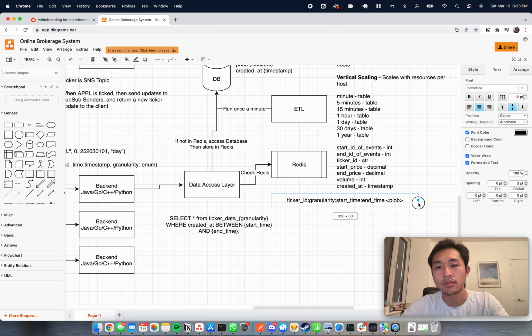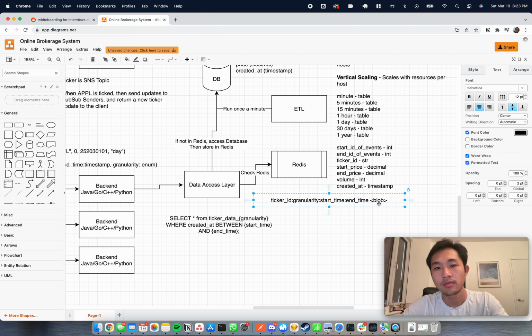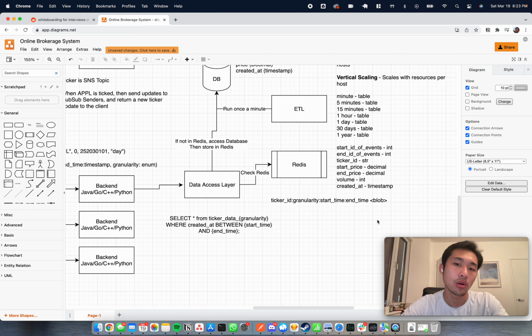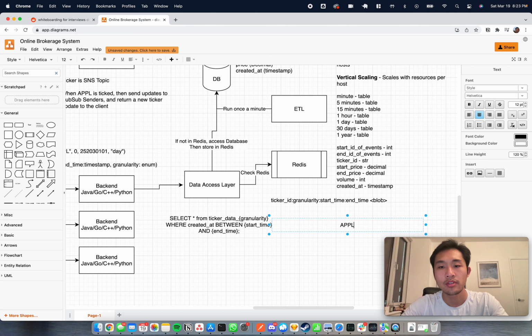So there's two ways of caching it. We could cache the individual dates for each granularity, or we could just store the entire query. I think it makes sense to store each one, and then we can do repeated multiple cache calls in order to get a larger time range. That way we're able to cache more data per run, and also have a way of retrieving it, because hypothetically, if we had multiple requests that were something like this,